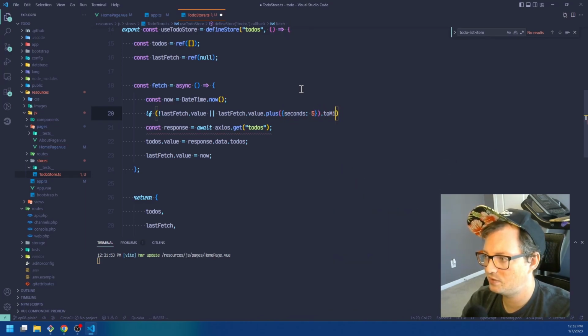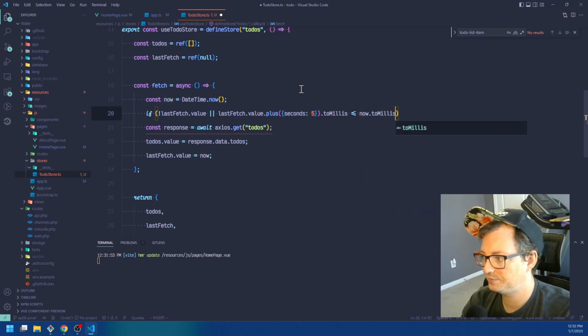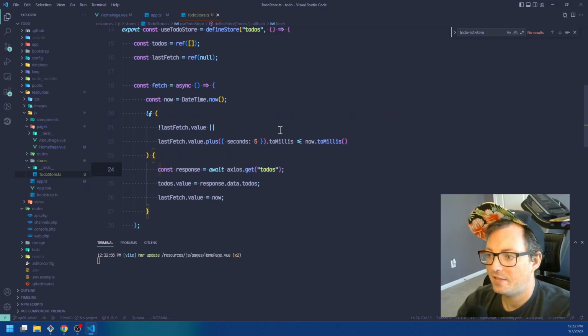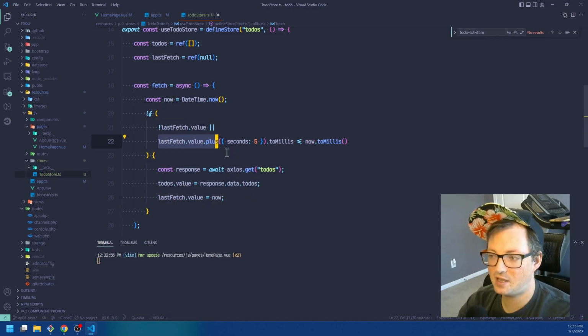We'll say 2 millis is less than or equal to now dot 2 millis. So this is just saying if there's no value within last fetch, which it starts off as not having anything, it'll run this. Otherwise, if the last time it was fetched plus 5 seconds is less than or equal to now,